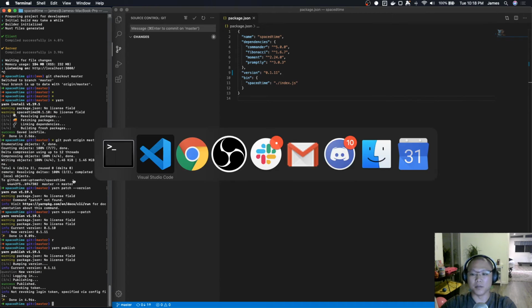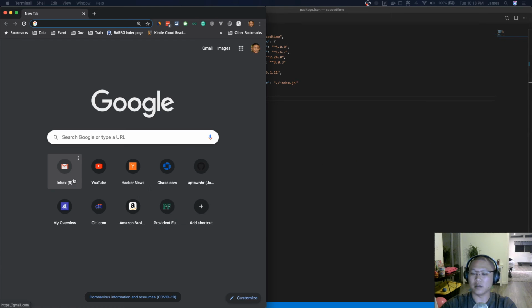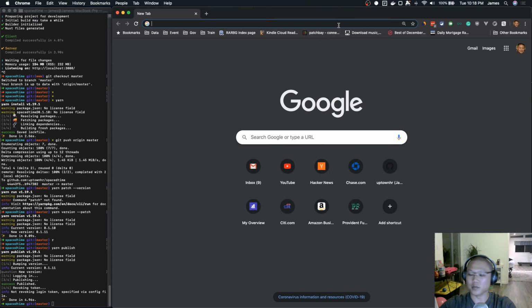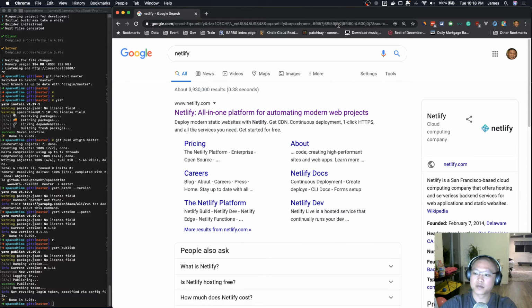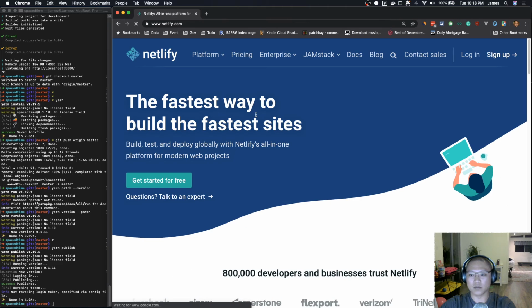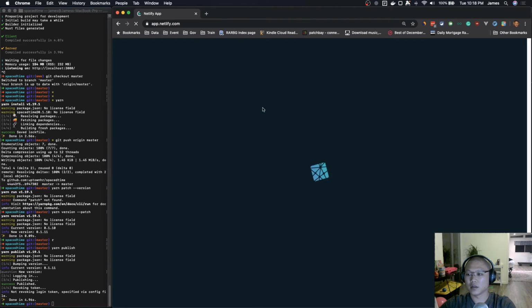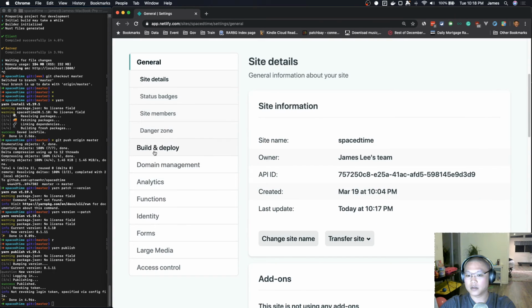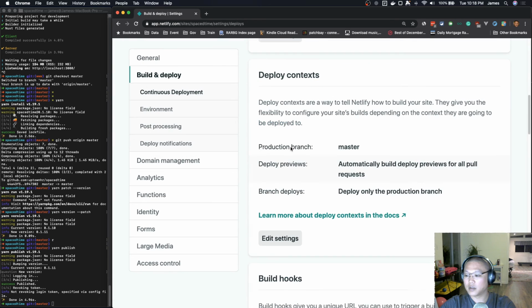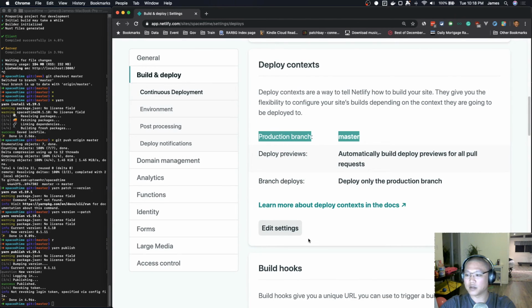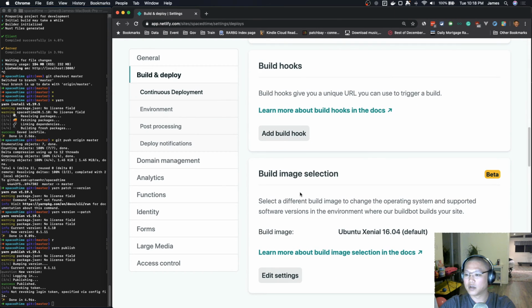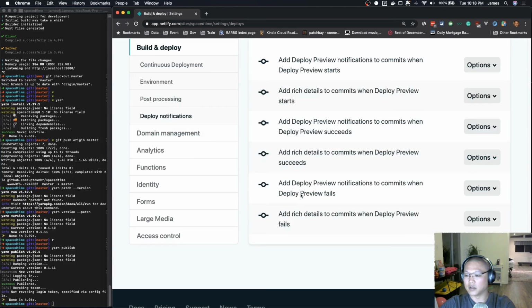Great. The other side that I have to take care of is making sure Netlify still builds, but now the target branch is not going to be master, it's going to be www. So let me log in. SpacedTime, site settings, build and deploy. The production branch is currently set to master. I am going to change this and make this www. Great. Now that that is done,